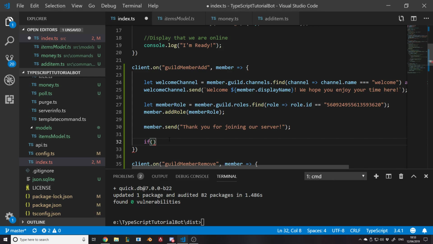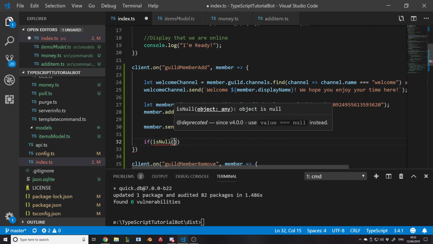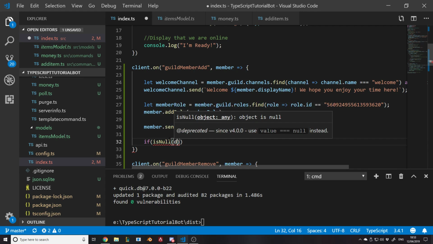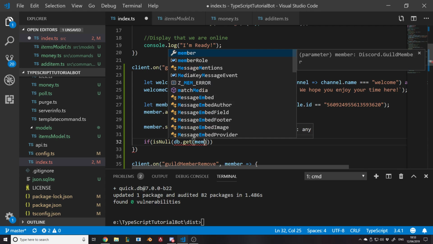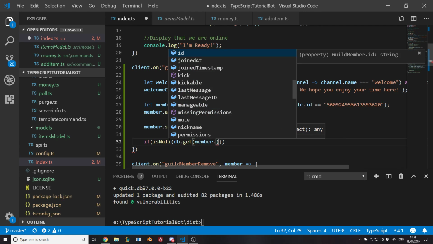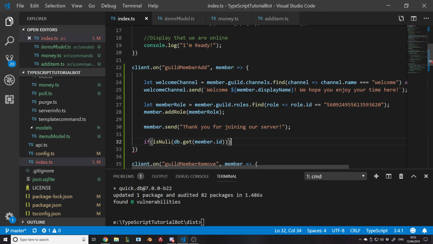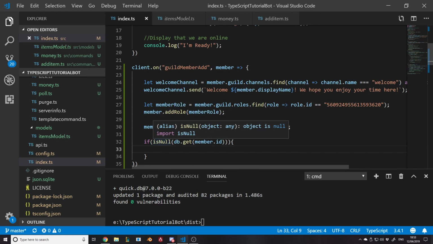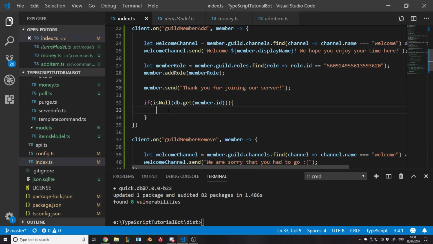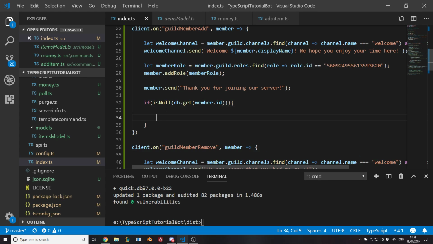So we say if is null, and you pass in the thing you're trying to check. db.get, and the thing we're getting is a string, so it's member.id, right? So if is null, get the member ID, which will run the code in here if the person isn't in the database, if they're not in there. So if they're not in the database, then